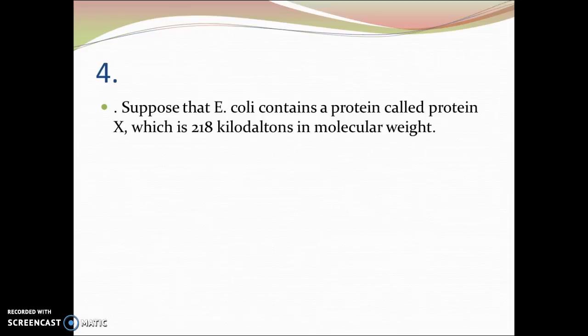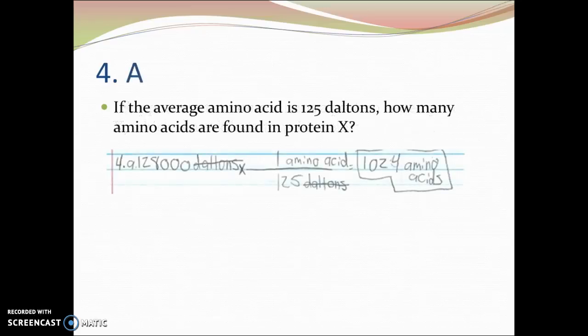So for 4, suppose that E. coli contains a protein called protein X, which is 218 kilodaltons in molecular weight. For A, if the average amino acid is 125 daltons, how many amino acids are found in protein X? And so